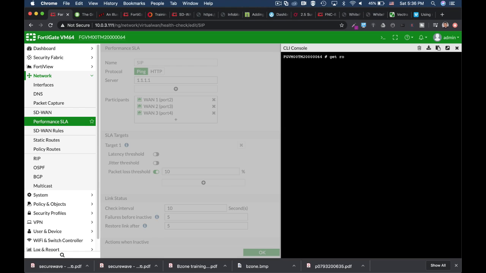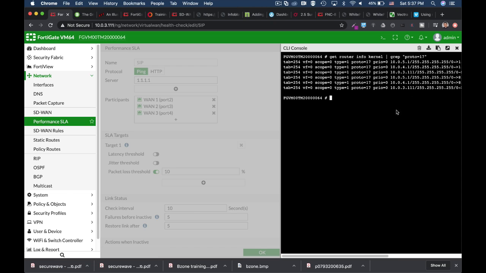So we will use the get router info kernel, and those entries are actually flagged. They are created in the kernel. They are called fib entries, and they are flagged as proto 17. So to see them, we will use the grep command, and we will use the proto equals 17,